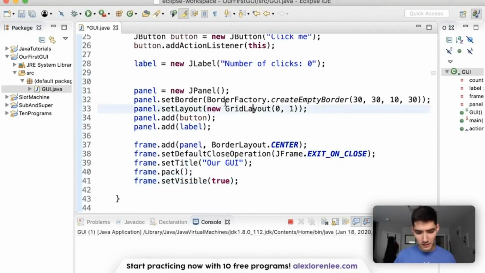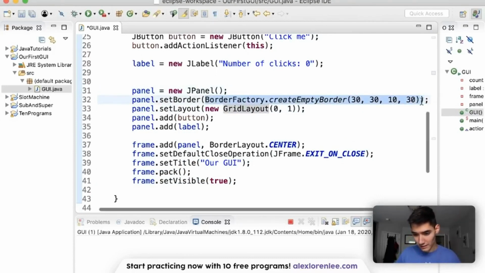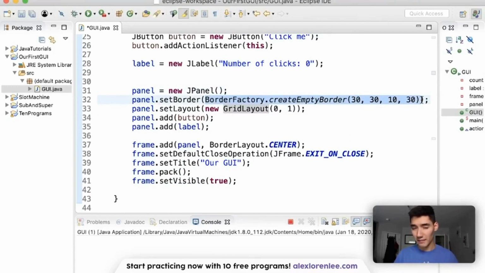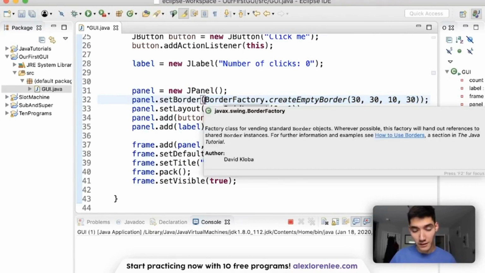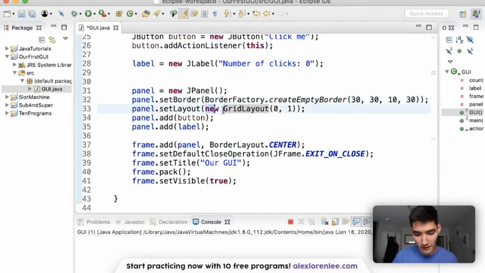Again, don't worry too much about what all this BorderFactory createEmptyBorder stuff is. Don't feel like you have to memorize it, because this is all really just different layouts and stuff, and it can be kind of confusing. But we used what worked to get the concept through, and then you can dive deeper into making it look how you want by doing quick Google searches on this code. So again, I hope